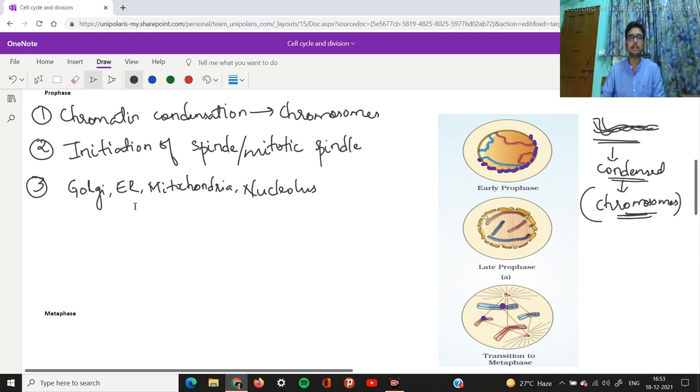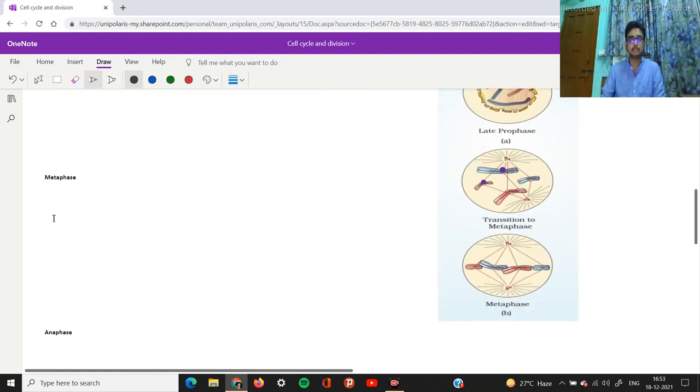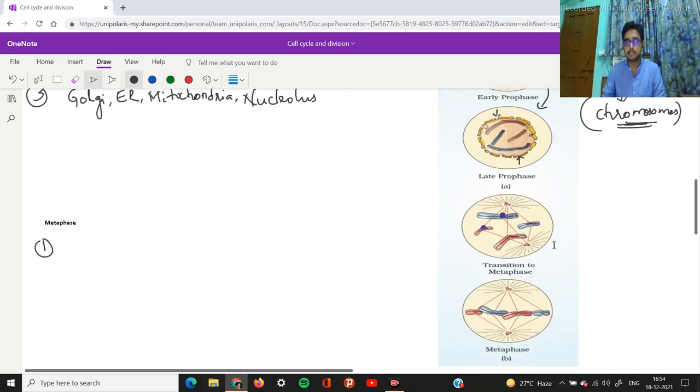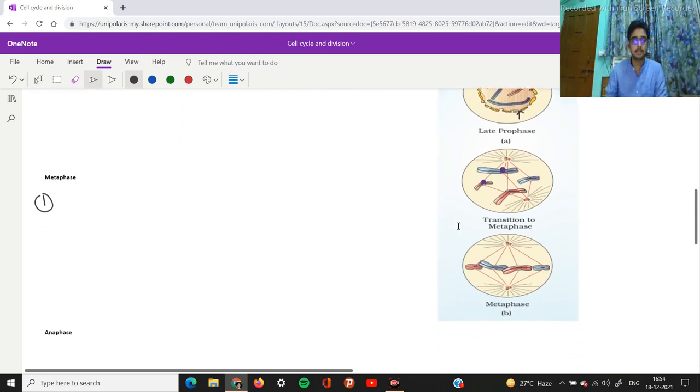Okay, and also the nuclear membrane which is surrounding the nucleus starts disappearing slowly, and this takes place finally in metaphase. See here, each of these diagrams signifies it properly. The chromatin thread in the early prophase is converted into chromosomes after condensation. Now after condensation, see the nuclear membrane is disappearing here, slowly dissolving, and it has finally completely dissolved in the metaphase. So metaphase begins with dissolution of the nuclear membrane.